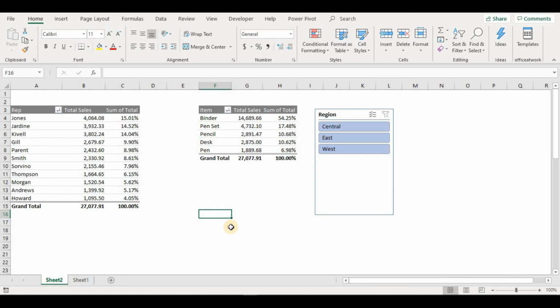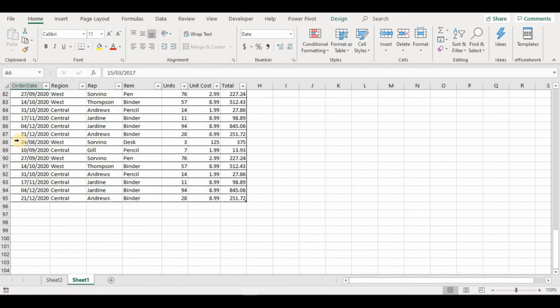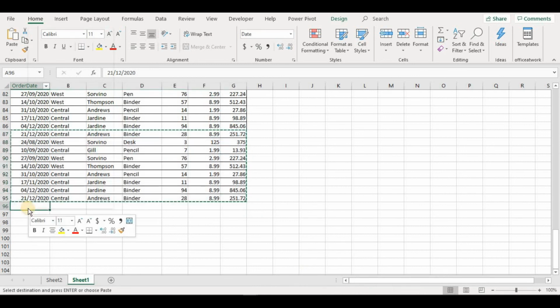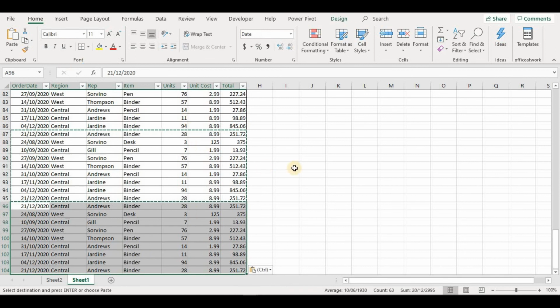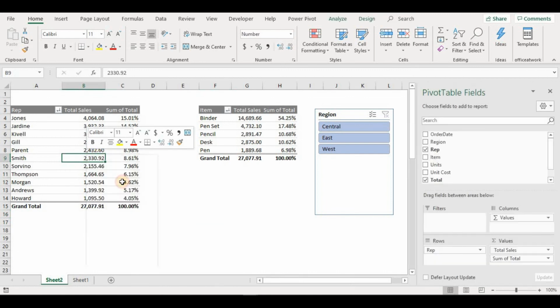Now we are going to add more data. As you can see, now the current total is 27,077 is the total value. Now we will see we are adding more data and we will see how this data is getting updated because this pivot is a table. So when we add data, it will automatically update in our pivot table. We will come here, we have added some of the columns and we will come here and right click and refresh the pivot data. We can see it's become 29,681.